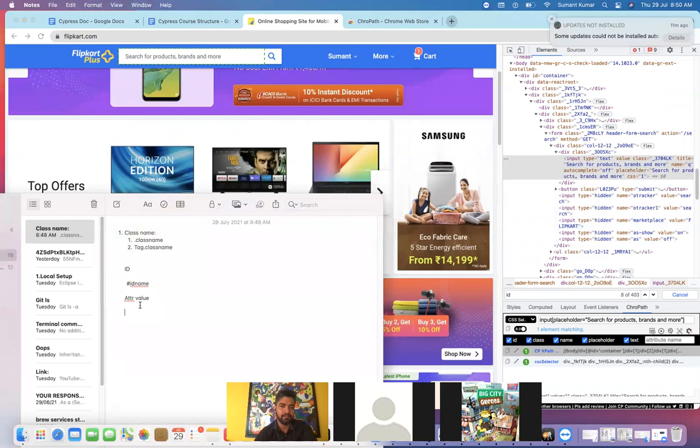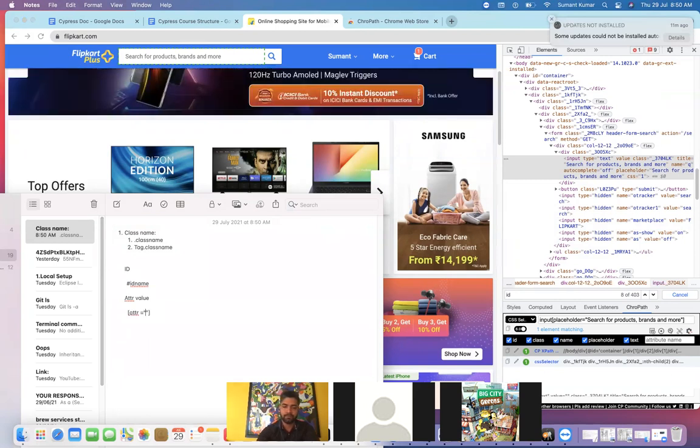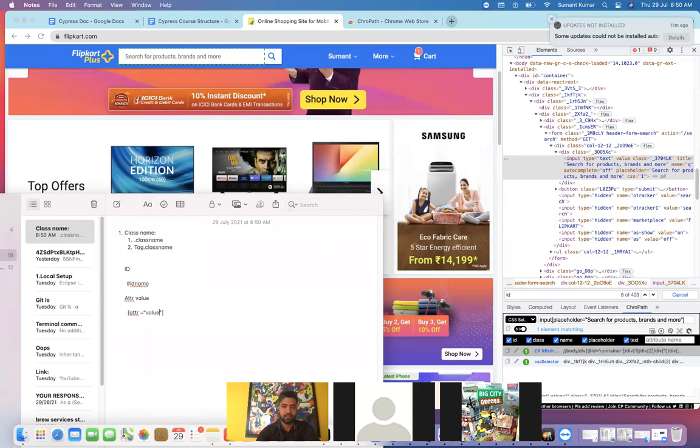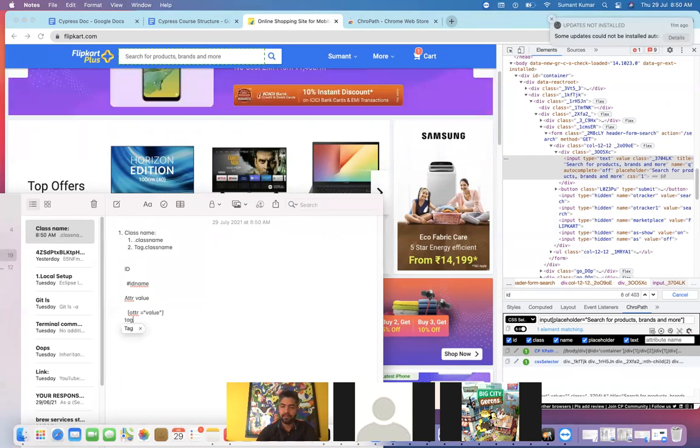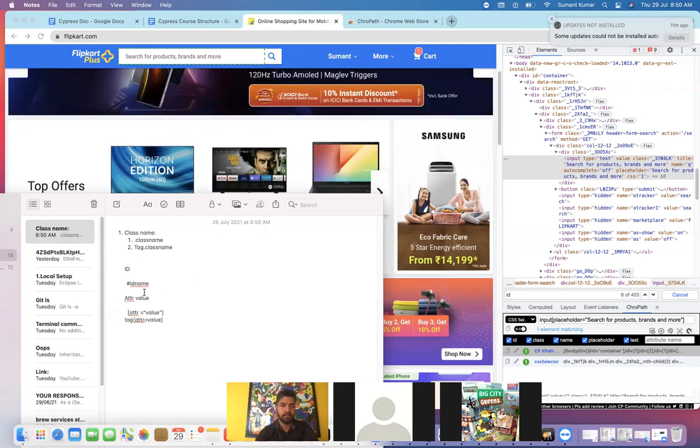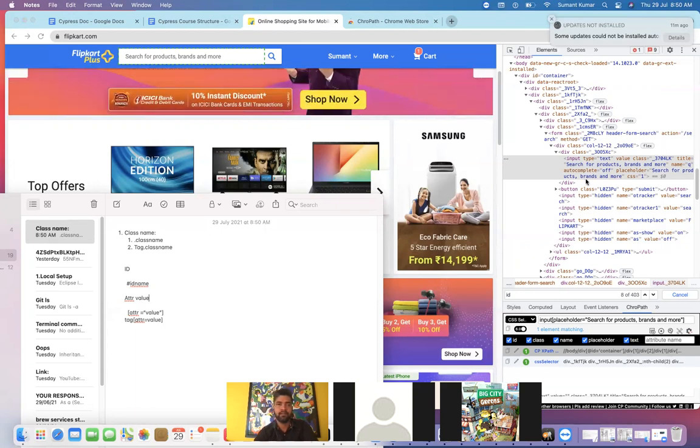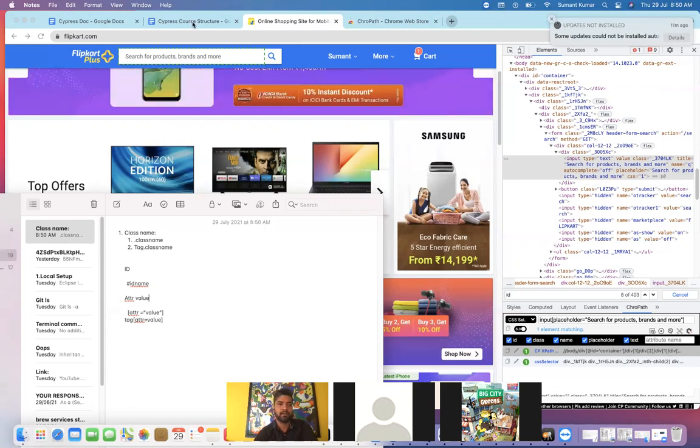How have I achieved this? Either you directly write the attribute equal to its value, or the second way is the tag and then the attribute equal to value. So this is the third way of writing our locators. Fine. Now what is next?